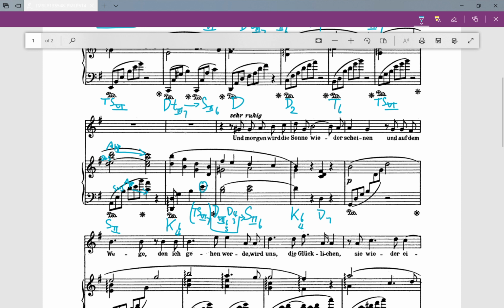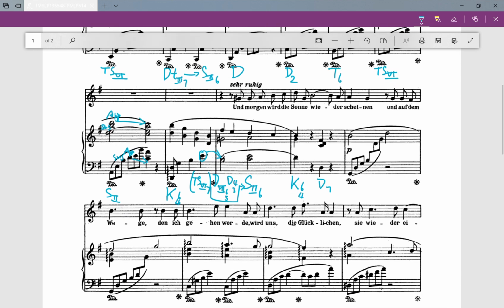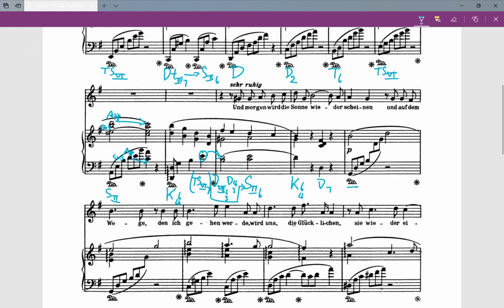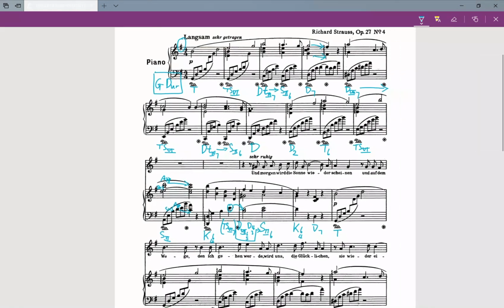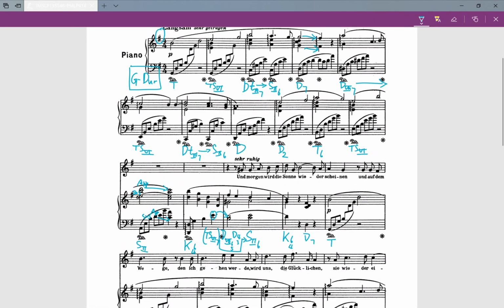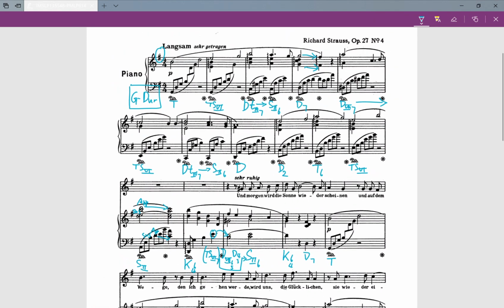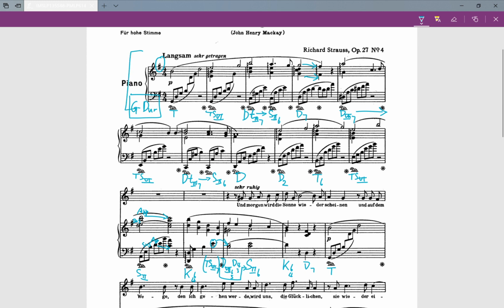So in that case, the E here can be explained as an unprepared auxiliary note which resolves downwards to the D. Okay, next chord is tonic. So this is the first section of this piece,